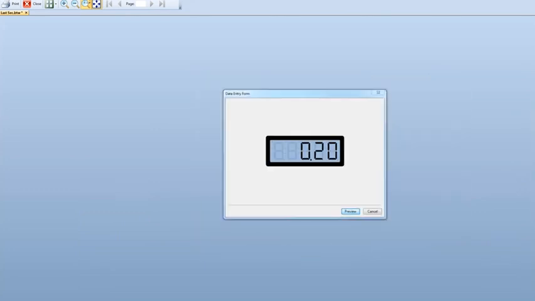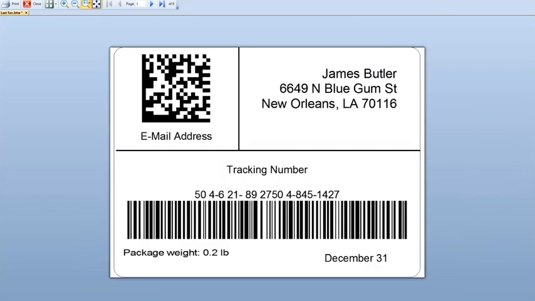We have our weight there. And there we see our weight in pounds. So this package weighs 0.2 pounds. So we've created that format. So now let's go back